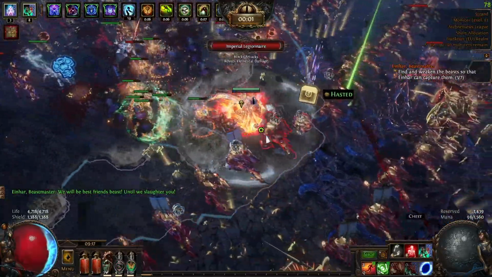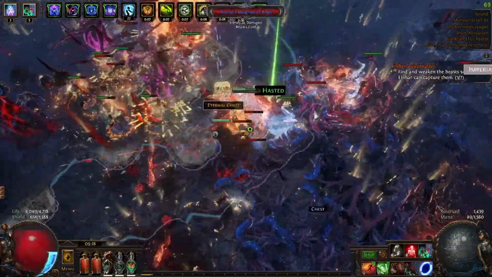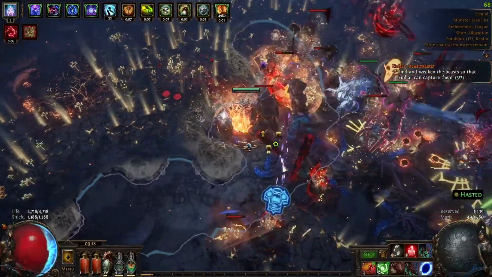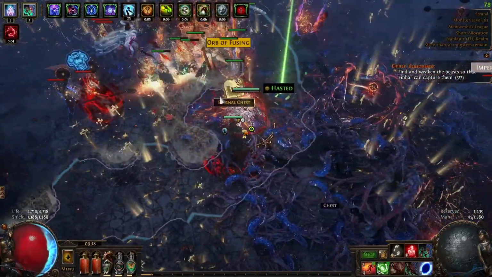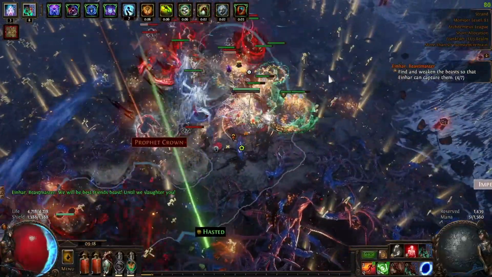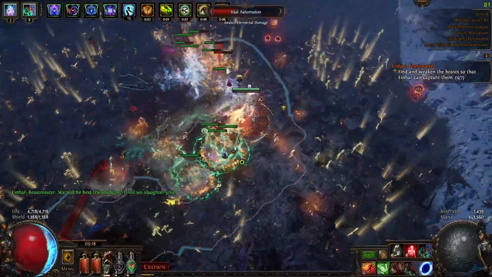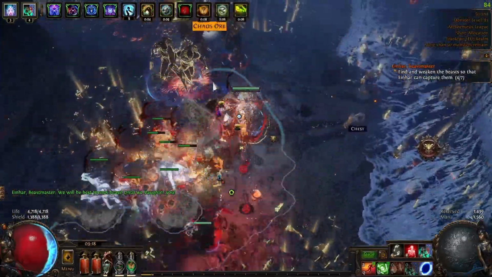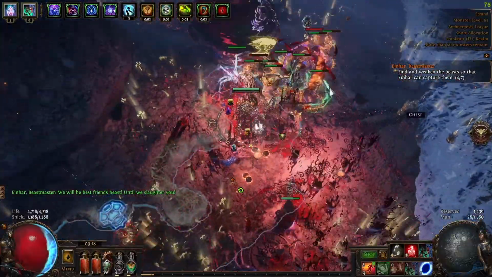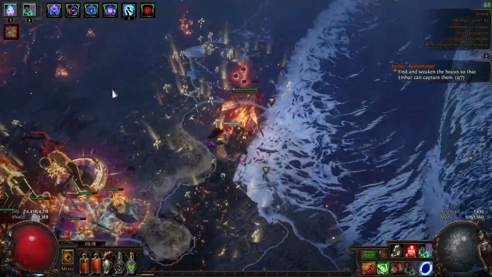As you can see, this is not a good Legion clear build, because we don't have instant damage. In the beginning, the idea of the build was somewhat to have the skeletons explode instantly. I could try to make that work, but it would require me to change some of my gear, because basically